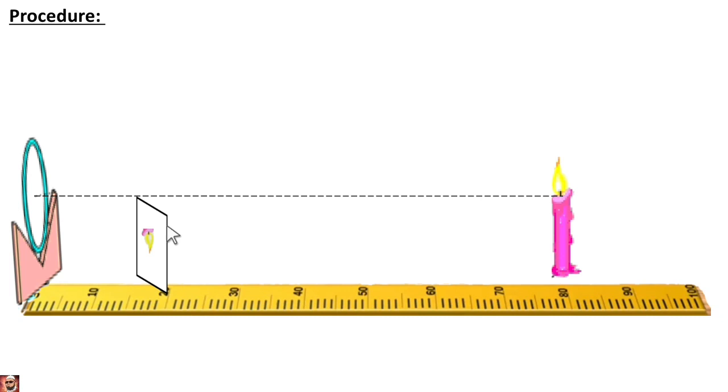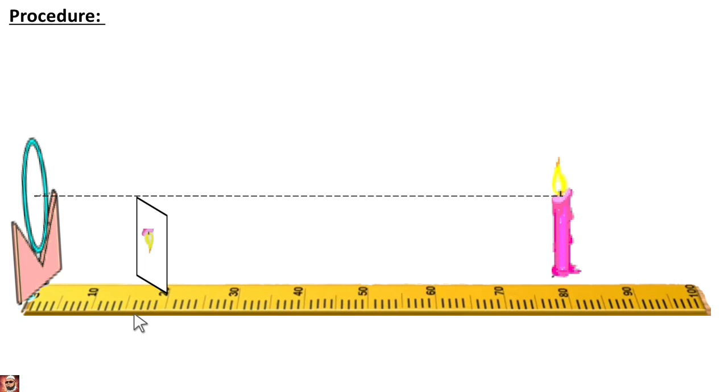So here the image is formed at a certain distance, and before that you have to know what is object distance and image distance. If you take the distance from the object to the mirror, how much is it? 80 centimeter. So that distance we call the object distance. And this is the image formed on the paper, and that distance from the image to the mirror we call the image distance. And also you have to find whether the image is bigger or smaller in size, that is enlarged or diminished. That is what we call the nature of the image.